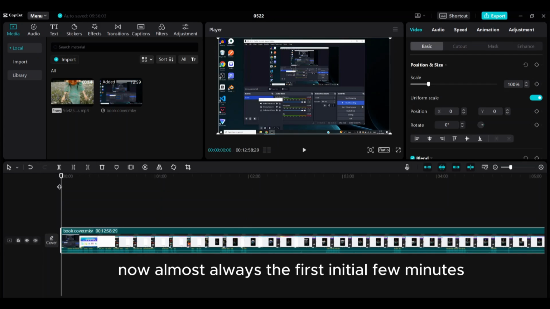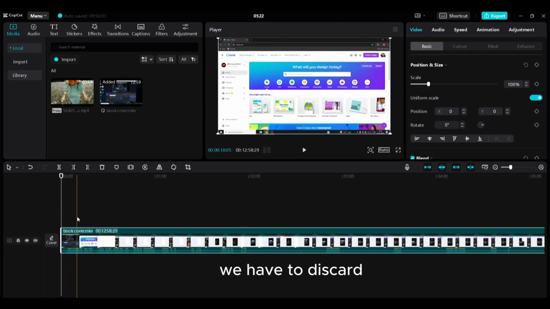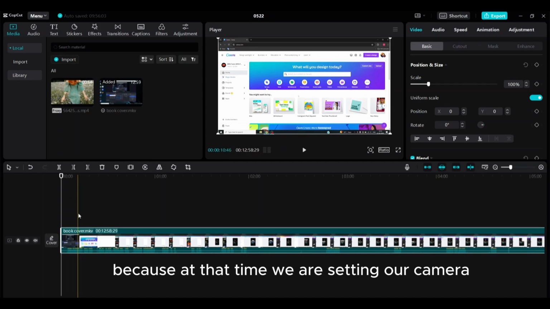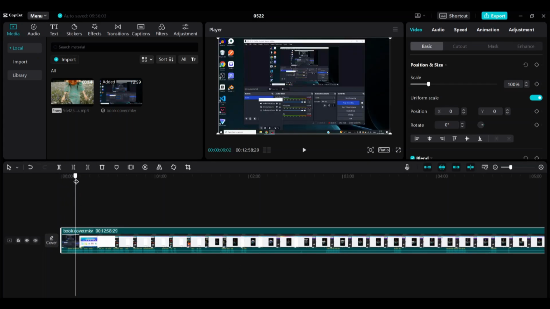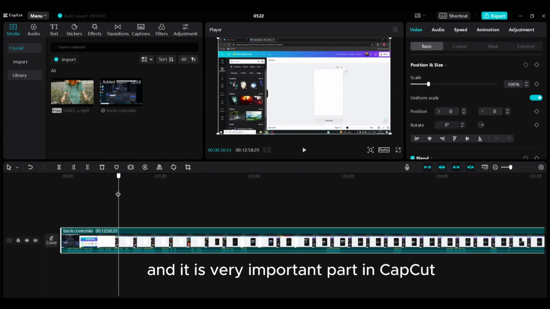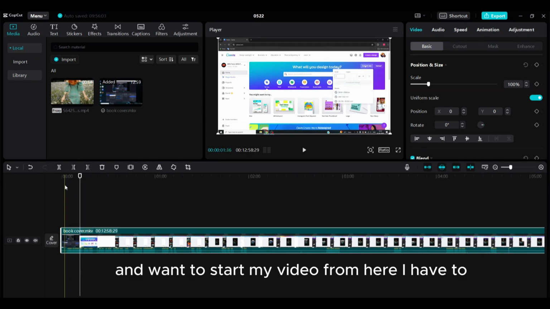Now almost always the first initial few minutes we have to discard, because at that time we are setting our camera, our laptop and all the other stuffs. This is the cursor. This is very important, but I can drag it from here and it is very important part in CapCut. If I want to edit this portion and want to start my video from here, I have to